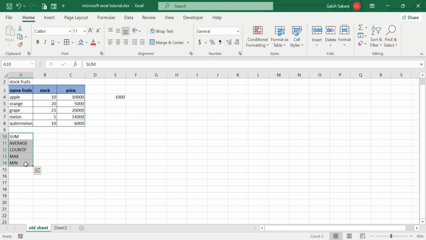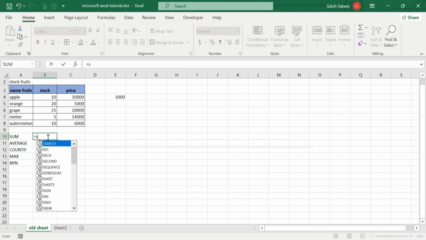After we learned about the plus, minus, multiply, and divide formulas, which are just basic formulas, I want to explain here some average, quantitative, max, and min. So what are the formulas here? Firstly, sum. It means that if you want to add all the numbers, or the total count, or the total price from many data,